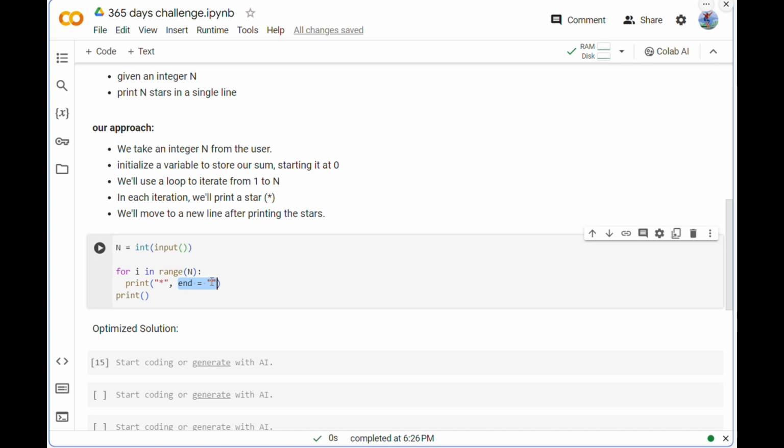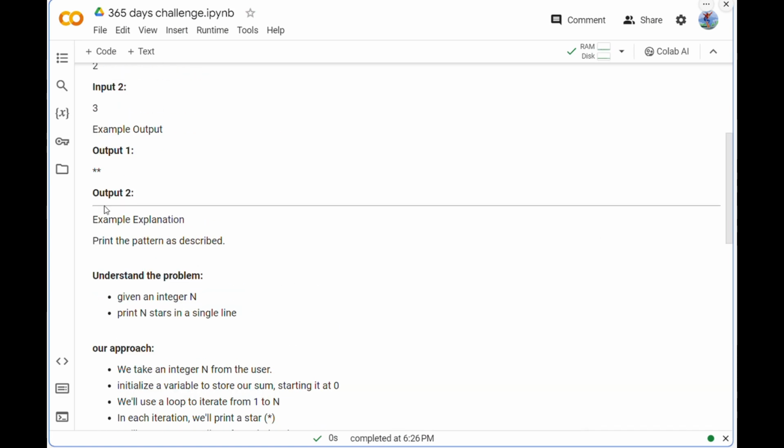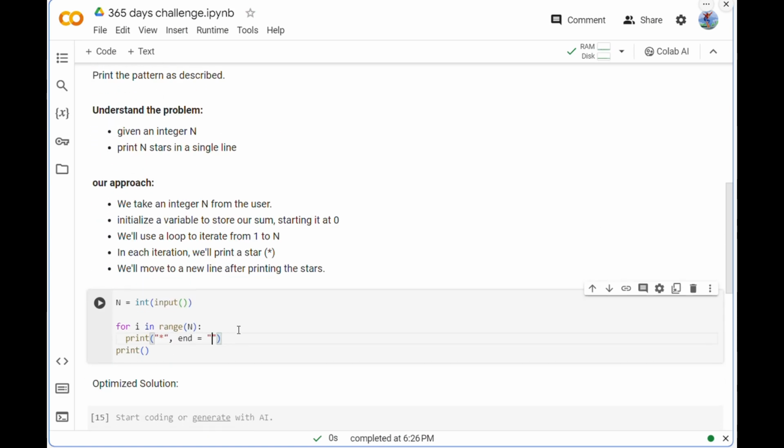an empty string with no blank. If I do otherwise, there will be a space between stars, but in the output there is no space, that's why we are not giving any space. This will print out all the stars, and finally to move to the new line we are doing this print. If you do not want to do this, you can remove it, it will not make any impact. Okay, so let's run this,